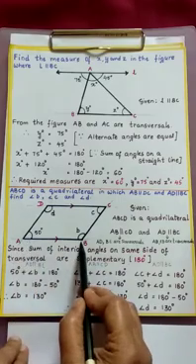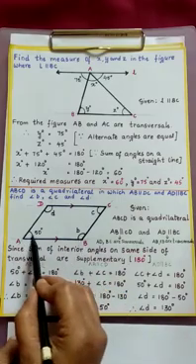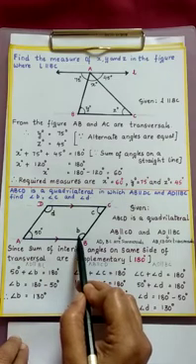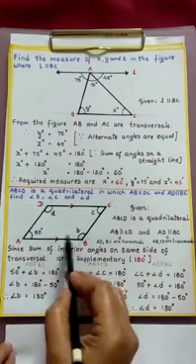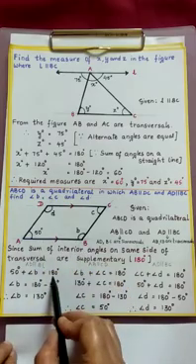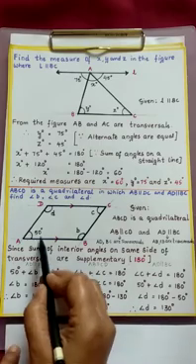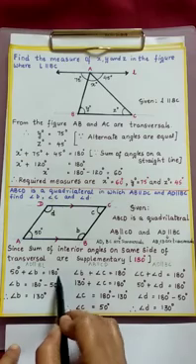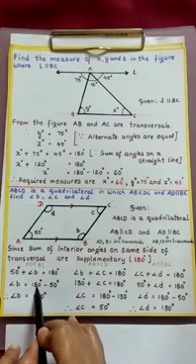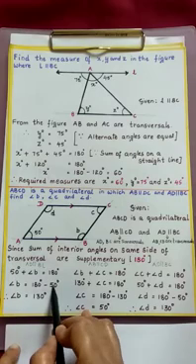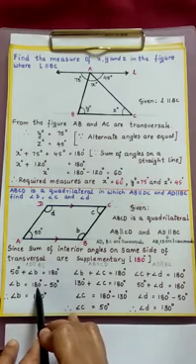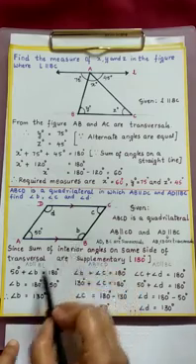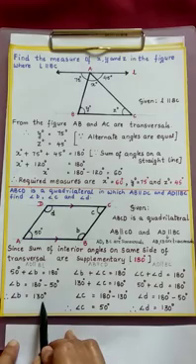If AB is a transversal, you observe these two angles. These two angles are on the same side of the transversal. So what is the sum of these two angles on the same side of the transversal? It is equal to 180 degrees. So 50 degrees plus angle B is equal to 180 degrees. Then how do we get angle B here? 180 degrees. Transpose this plus 50, it becomes minus 50. 180 degrees minus 50 degrees is 130 degrees. So we got the measure of angle B, which is 130 degrees.